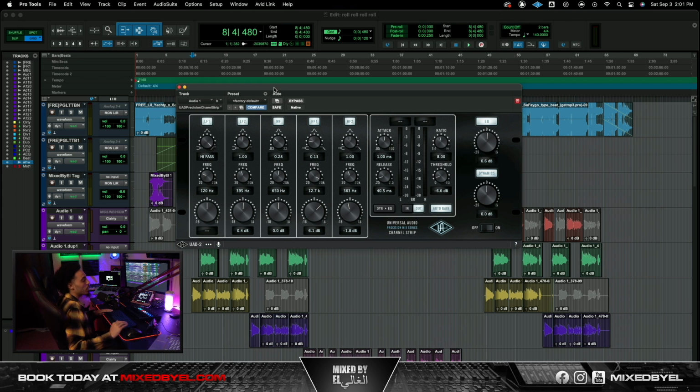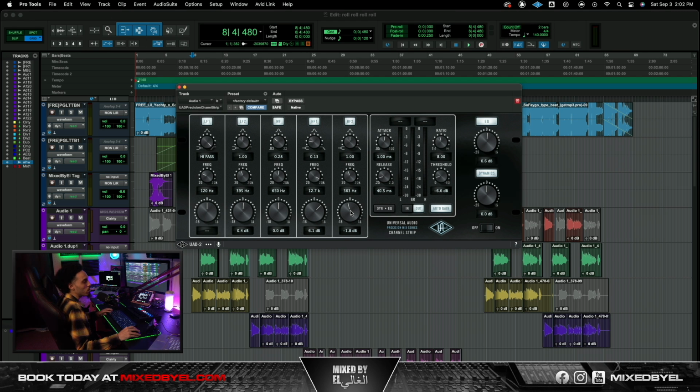So pretty much, man, I just did a high pass at 120. I went up about half a dB at 395 hertz. And for my mid frequencies, I just kept it at 650 hertz, I didn't mess with anything, I kept that knob there. And then at my high frequencies at 12.7K, we went up 6 dB. And then just for my extra knob here, I actually went back down to 363 hertz, and then we went